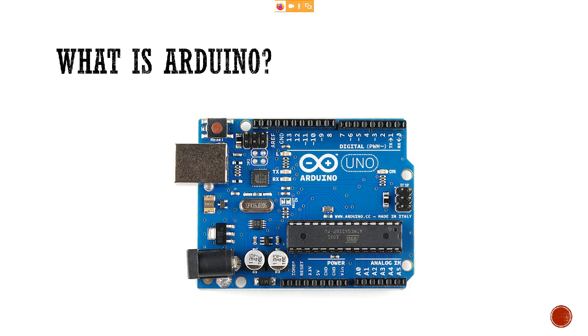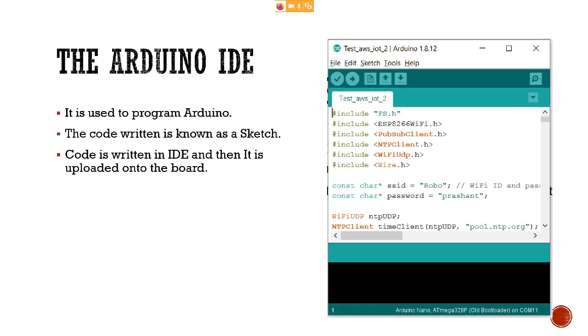So we will talk about the Arduino Uno. The board right in front of you, this one, is known as Arduino Uno. This is one of the most popular boards among the Arduino family, and this is a great choice for beginners. Then we have the Arduino IDE. The software on the right hand side, this one, is the Arduino IDE software. This software is used to write code and upload it to the physical board. So we will talk about what it does.